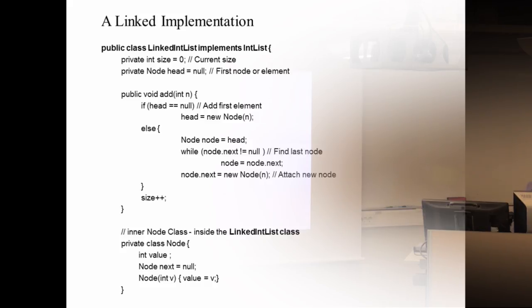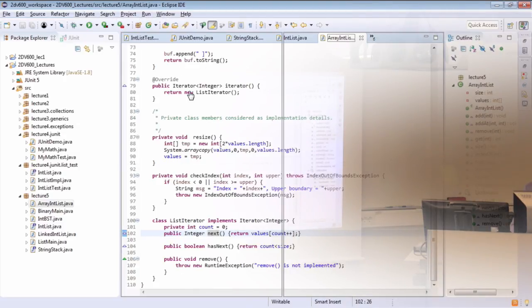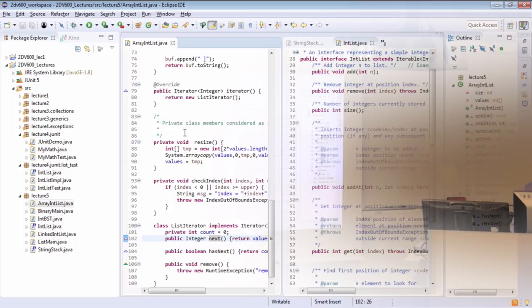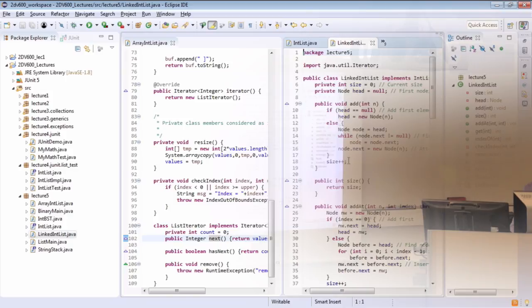Okay, and if we compare this, if you go back here, so basically if we just see here the int list, and then on the other side, how the linked int list looks like,